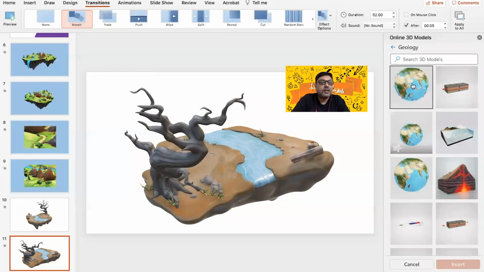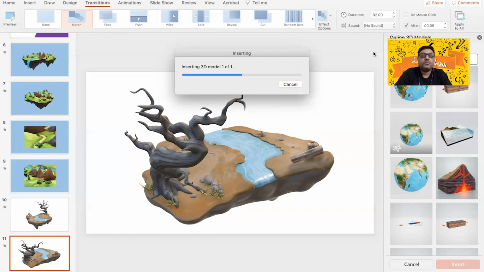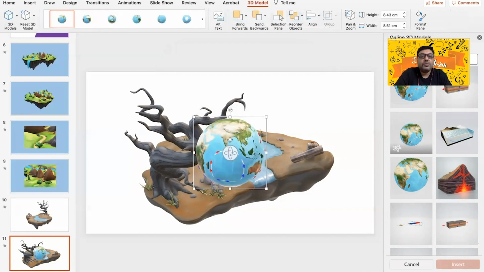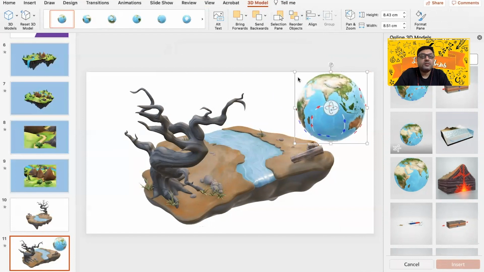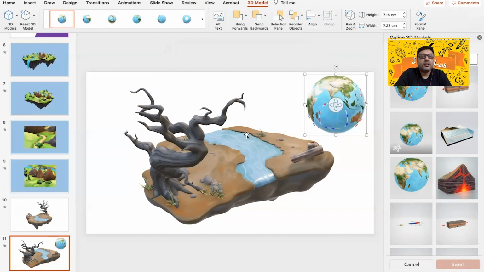Yeah, I can simply click on this earth, go to insert, I put this earth, scale it down a bit,